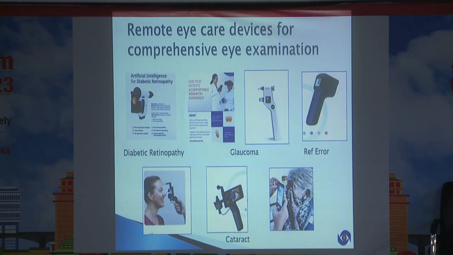So mostly these are the instruments we utilize for the portable examination of certain diseases like diabetic retinopathy. Everybody knows portable fundus cameras are available, where AI is incorporated in the photographs. In glaucoma also, there is a portable tonometer, and a portable perimeter is available. Refraction, of course, portable refractometers are available where you can take the refraction reading and prescribe the glasses then and there in the rural areas. And of course, glaucoma and even cataract can be diagnosed through teleophthalmology.